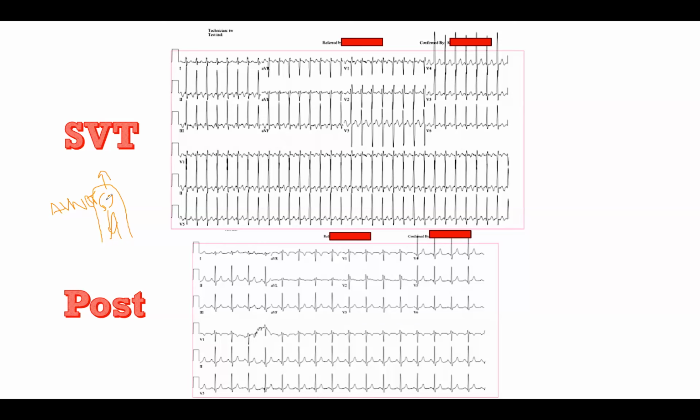So the 70 may be a little bit of an overstatement or an exaggeration, but I think it's certainly what most people consider to be the reality of this situation. So basically then, I think the next question is, can we tell on this tracing whether the R to P interval is longer or shorter